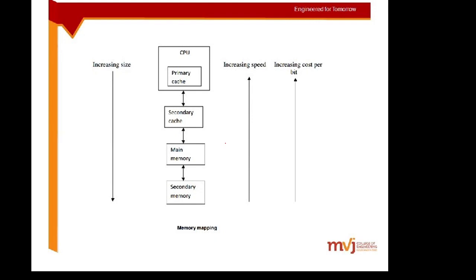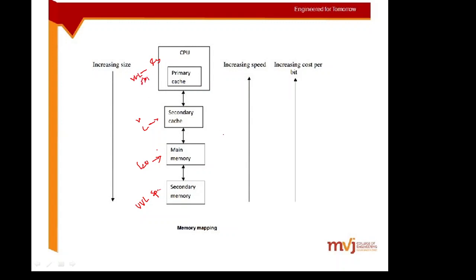Next we are going to talk regarding the speed, size and cost of different memories. Here this diagram tells you regarding the speed, size and cost of different memories. When it comes to the secondary memory, a very large space will be available. When it comes to the main memory, we have less space. Cache, when compared to the main memory, is very small. When it comes to the primary cache, that is registers also over here. So these registers have very little space.